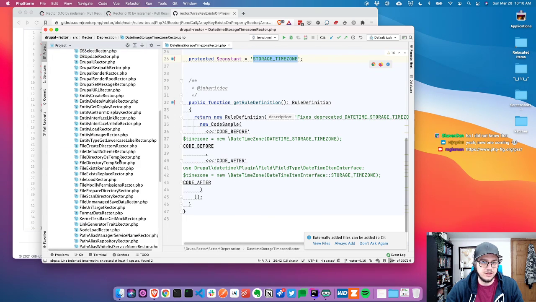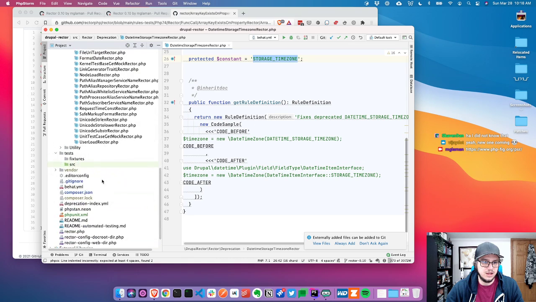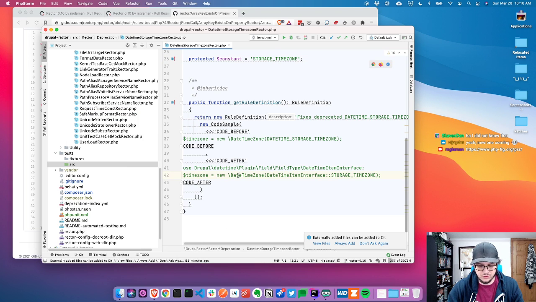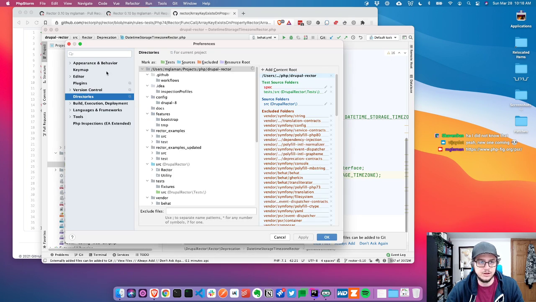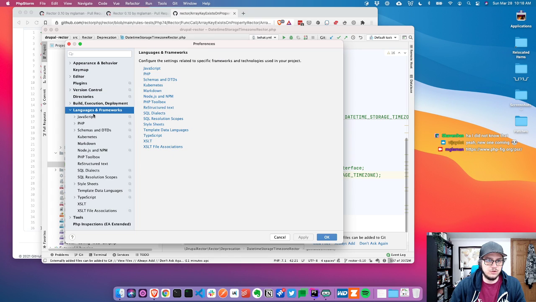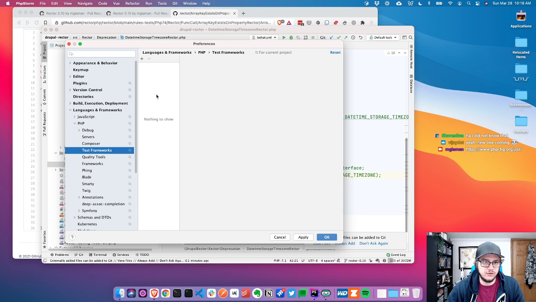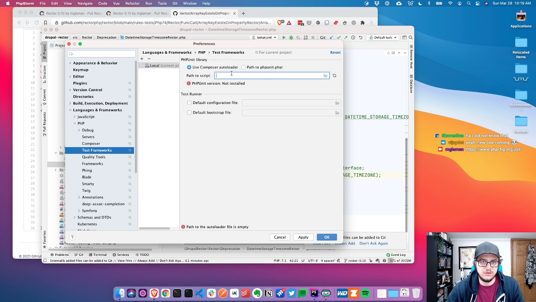So we're going to write a test for this, and what I'll do is right click, do new PHP test. I'm going to do PHPUnit, but actually first I'm going to open my settings with command comma and go to Languages, then PHP, then Test Frameworks, and make sure I set up PHPUnit first. So path to script,